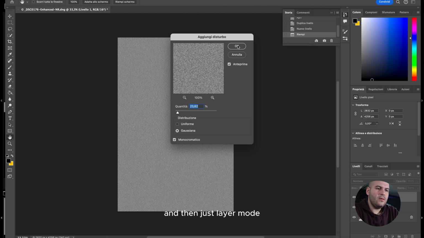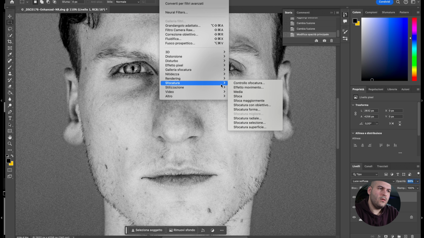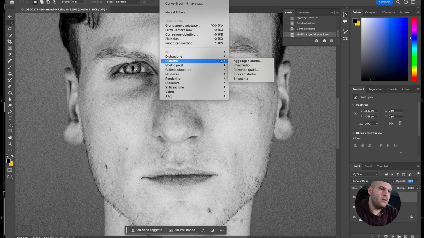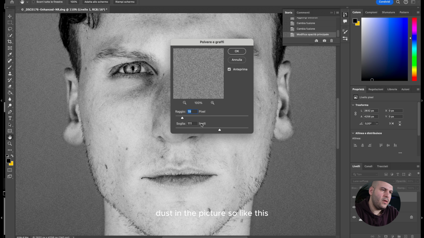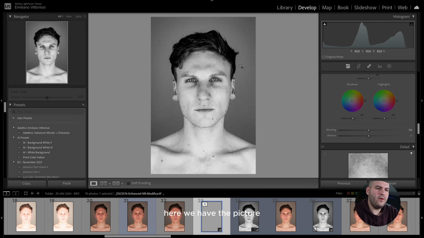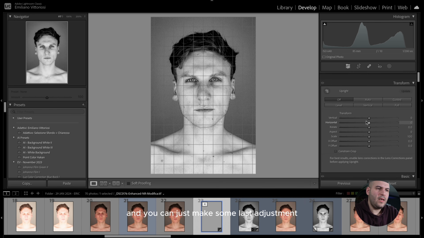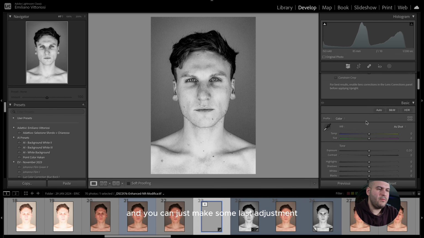That's perfect. I will also add more dust to the picture, like this. And then you can just press Command S to save and go back to Lightroom. Here we have the picture, and you can make some last adjustments, I will say, to finish